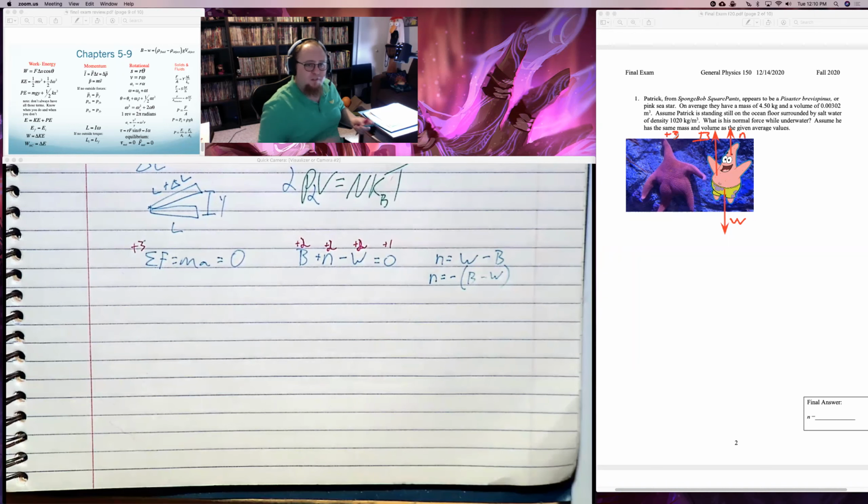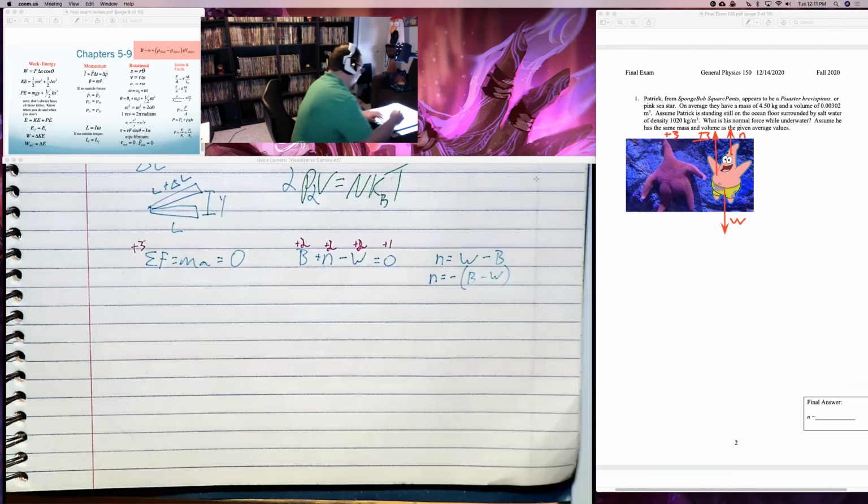Now, this first problem, as I said earlier, and I forgot to do it, is going to be something from chapter 9. It'll either be length elongation, or it'll be density or pressure as a function of depth, or it will be buoyant force. Length elongation is normally pretty obvious. I talk about stretching something. If I do pressure as a function of depth, it'll be just, what is the pressure here? But I'm asking about forces. If I ask for forces, it's going to be buoyant force, especially if they're underwater, at least for the first problem. When you get buoyant force, you'll always end up with a B minus W term, like I did here.